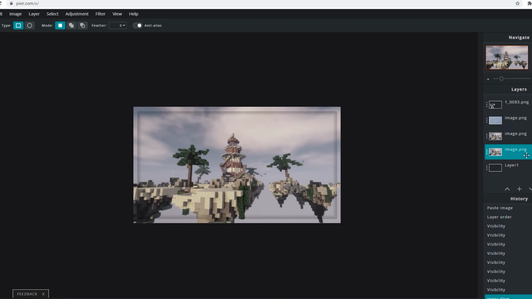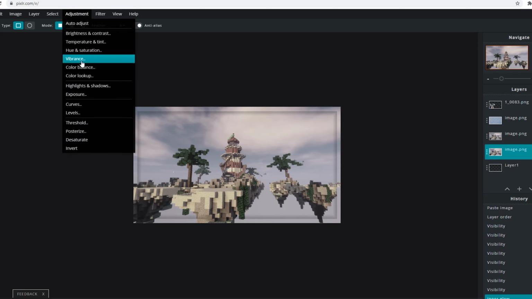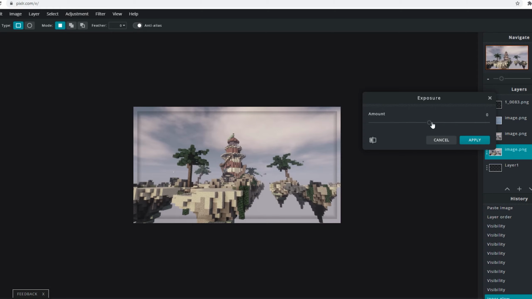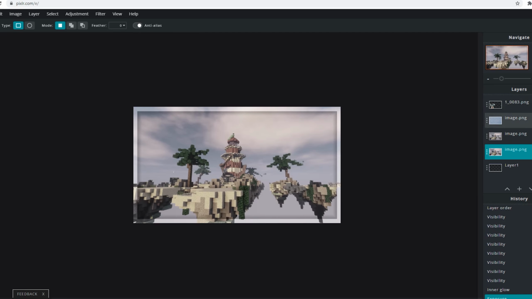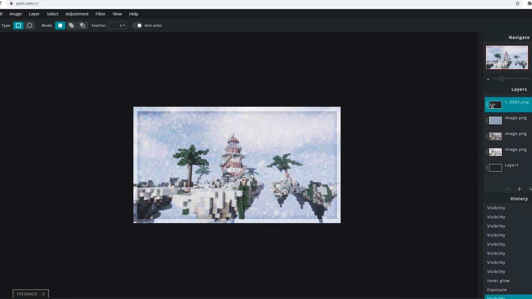So to make it pop even more, people also like to bring up the exposure of the layer below it. So I am going to see what that would look like. All you need to do is go to adjustments, go to exposure and bring up the amount. Now you have a nice highlighted border, which is really nice. So if I just add those,